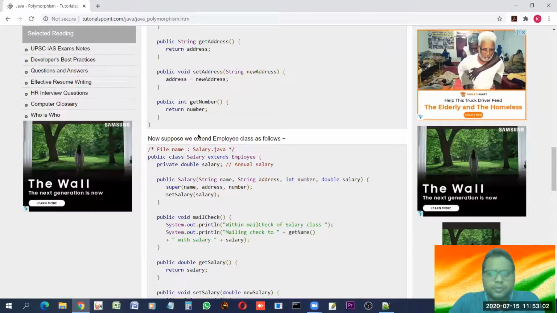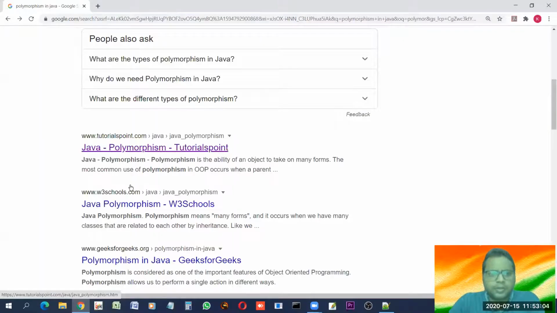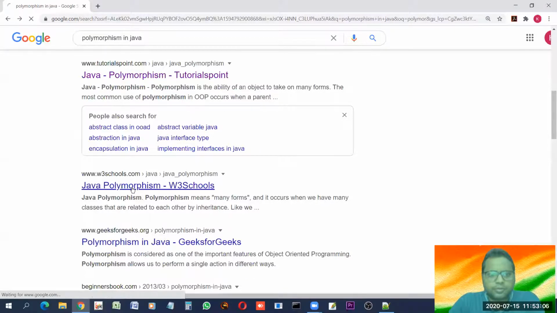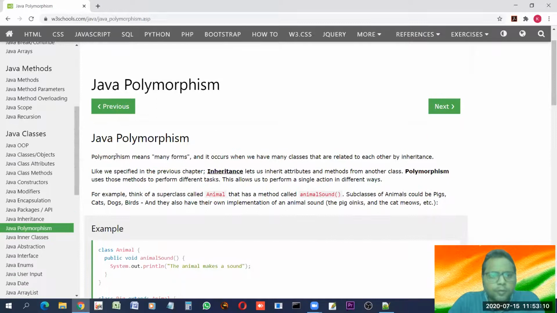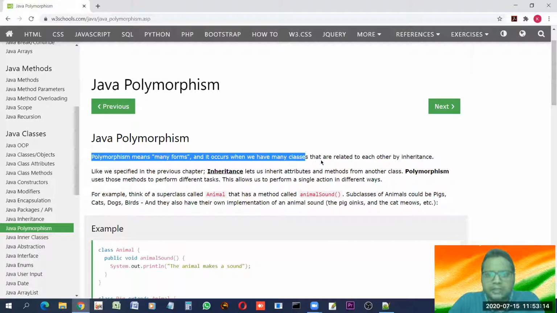So no issue. You may see some more. This W3Schools presents it somewhat better. Polymorphism means many forms, and it occurs when we have many classes that are related to each other by inheritance. So inheritance is also something, and there also polymorphism is implemented.